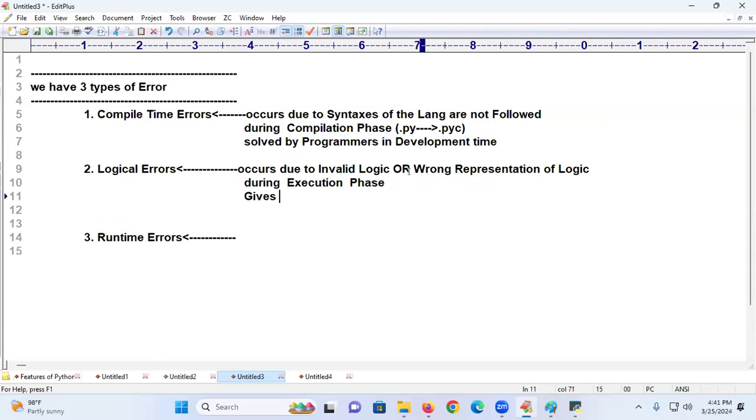Gives what result? A wrong result is going to come. Is it recommended to give wrong results? You feel that your answer is correct. But if some third person is verifying during the testing phase, they will find that your answer is wrong. And they will send the code back: test your logic. That logic you traced, and you found that your logic is wrong.